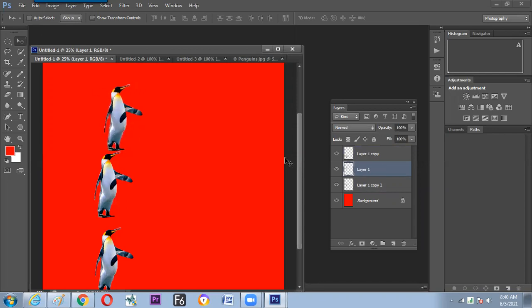Whichever layer we are on, that layer only moves. If you need to move this, then we need to go for 2 processes. One, either make auto select on and click there, or else we can give a right click and find the layer name and jump to that layer. So there are 2 arrangements that allow us to get the photo selected.